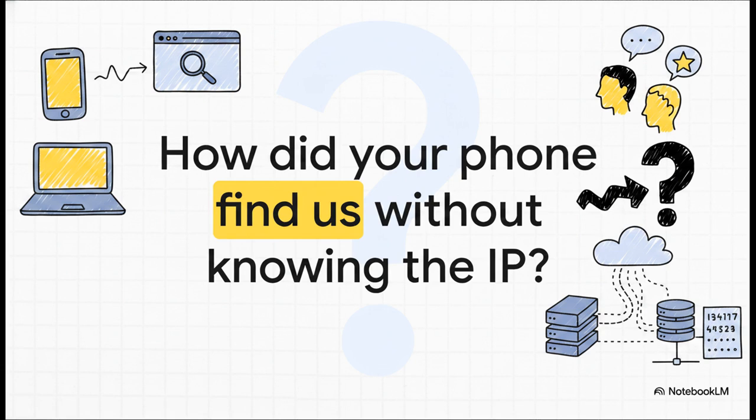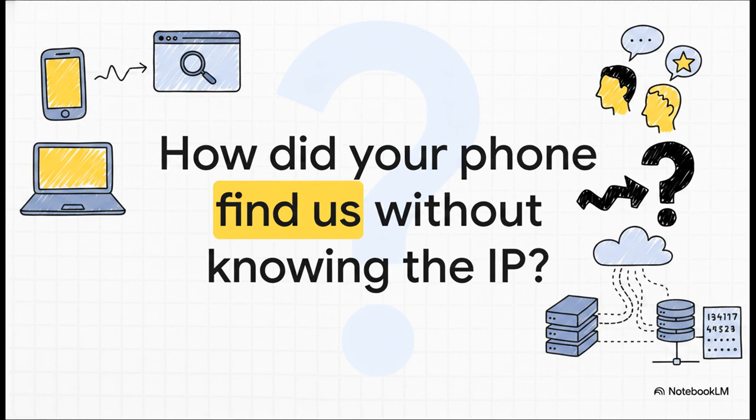I mean, think about it for a second. How did your phone or your computer know exactly where to find this very explainer? You didn't type in a big long string of numbers like 172.16.15.14, right? No way. You probably clicked a link with a recognizable name, and that right there is the core